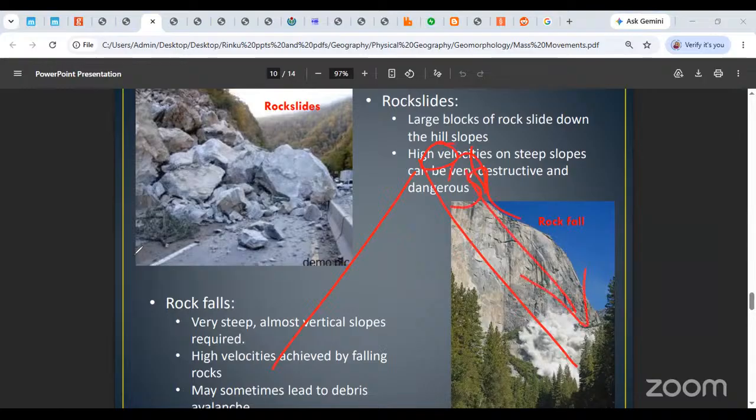All these rocks, because of a trigger like a landslide or because of construction or because of heavy rainfall, heavy precipitation, heavy snowfall, can suddenly start coming downwards. And when we say slide, we are saying that the original material, the rocks, remain in contact with the slope. If they remain in contact with the slope, then that is called a slide. Usually very high velocity se aate hain, steep slopes pe aate hain, and they can be very destructive and dangerous. The picture that you see is from Uttarakhand.